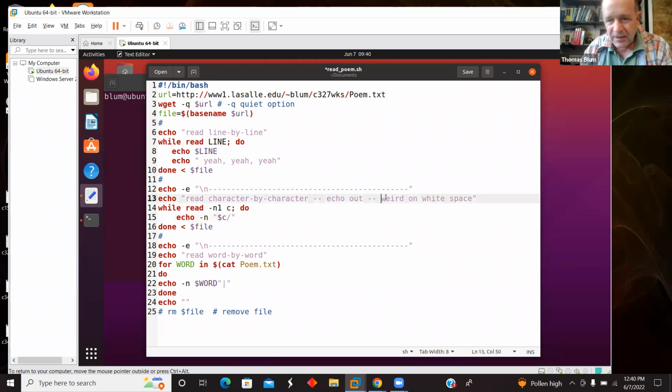And as I say here in my printout, it is a little bit weird on white space. The white space that was in there, it sort of recognizes that it's there by having an extra slash, but it will not show me that character. And my third